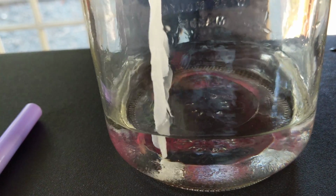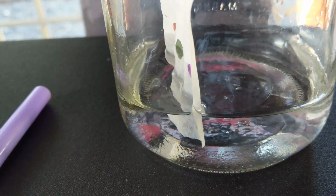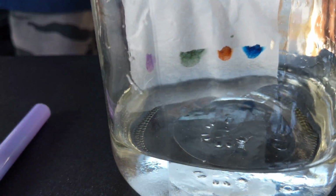Okay, and then put your lid on top. Find it where you want it to be. Set it next to there. And we stick our lid on top. Okay. Now we can watch and wait